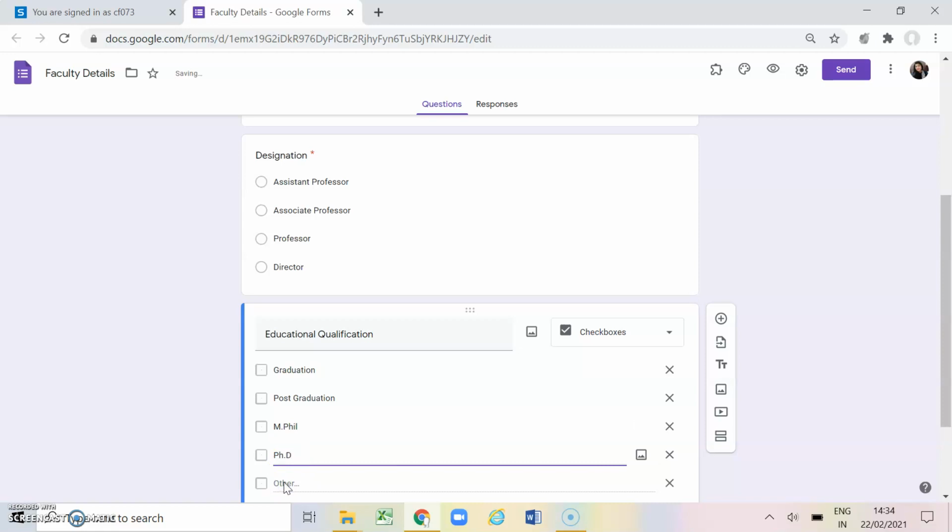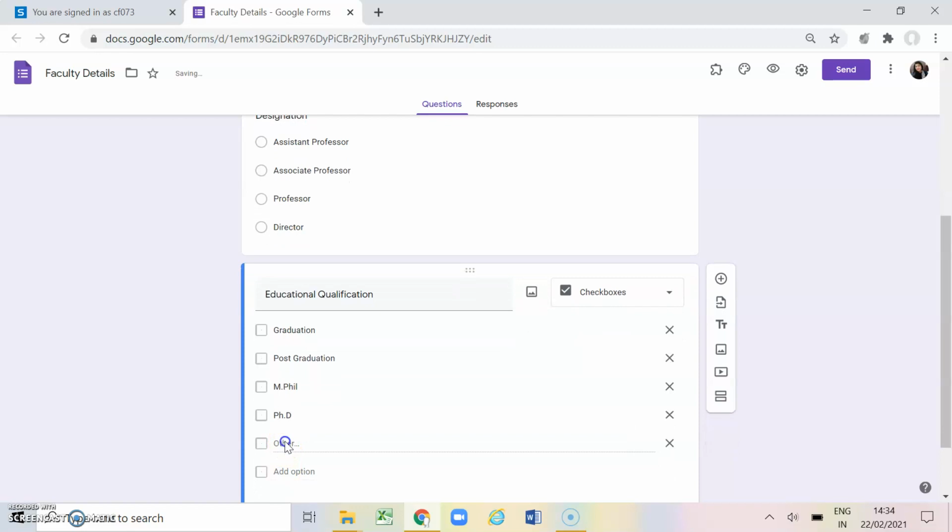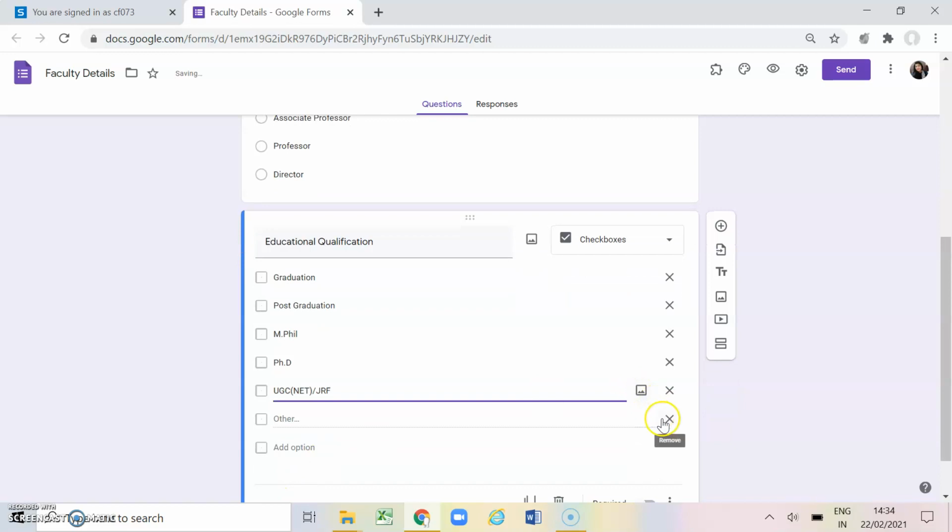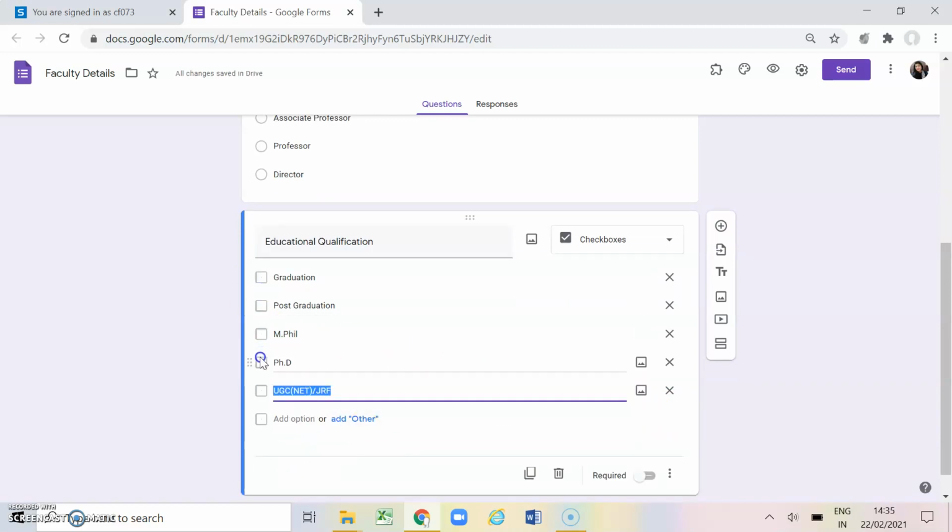Then PhD. And we can also add UGC NET or JR. So now here I want my faculty members to take the qualification which is applicable for them. That is why I have chosen check boxes.